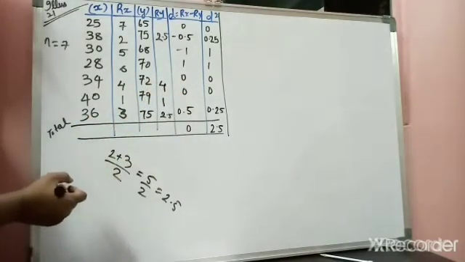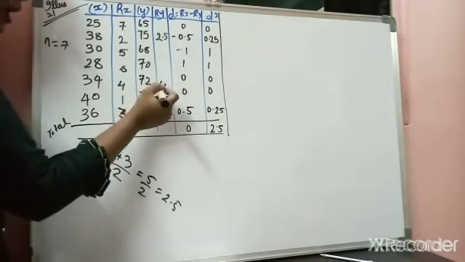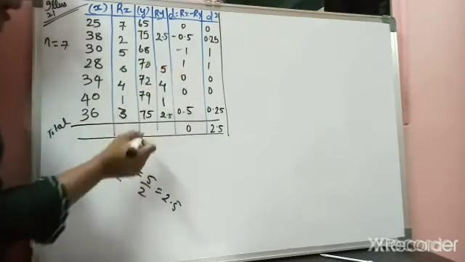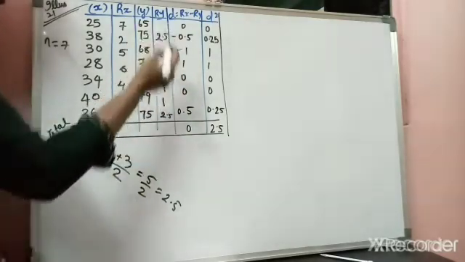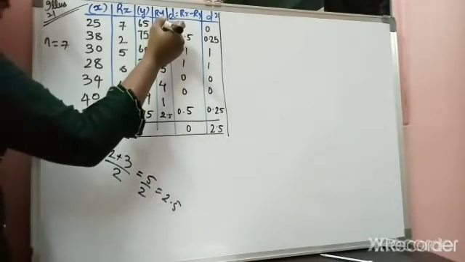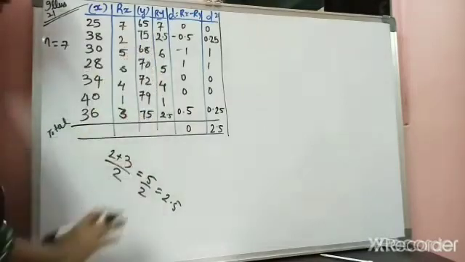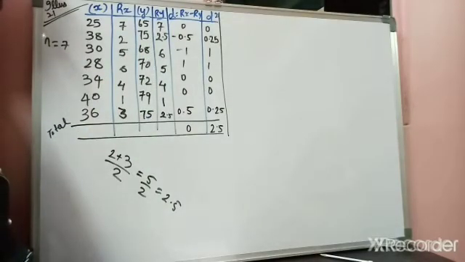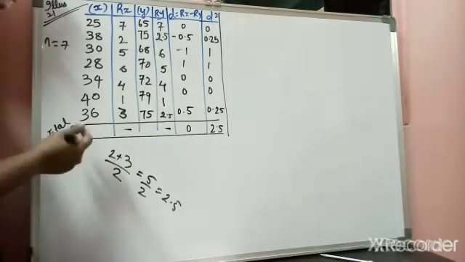Then after 4, 70 is the highest, so you are assigning 5. Then 68 as the highest, so here 6. Then after that 65 as the last, so after 6 you are assigning 7. So 7, 2.5, 6, 5, 4, 1, 2.5, the last one. You don't have to take the total of these columns, so leave it as it is.